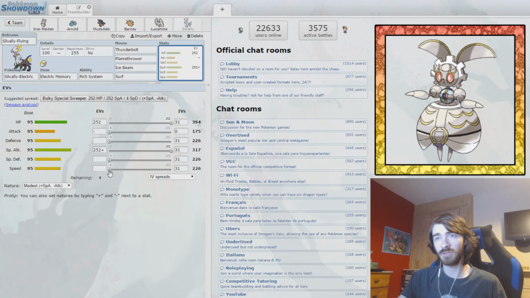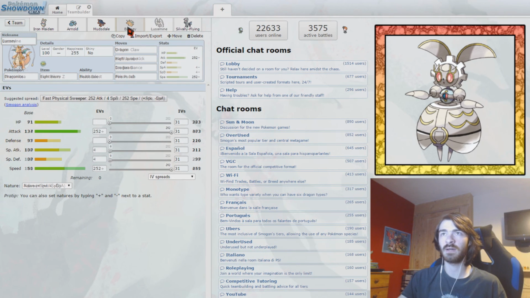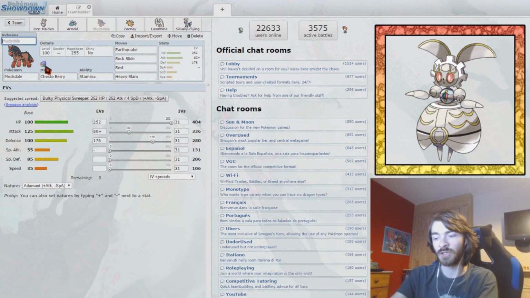Do we want 4 points into your speed to outspeed other things? I kind of want to undercut on speed, so no. I'm happy with that set. I think the only thing left is to nickname this Mudsdale, and we're just gonna call you...